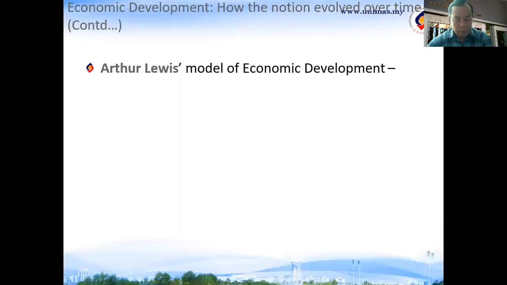One of the famous theories of economic development is the one by Arthur Lewis. The Lewis model is basically talking about structural change. Otherwise, it's commonly called the structural change model of development. Right. So, according to Lewis, the surplus labor